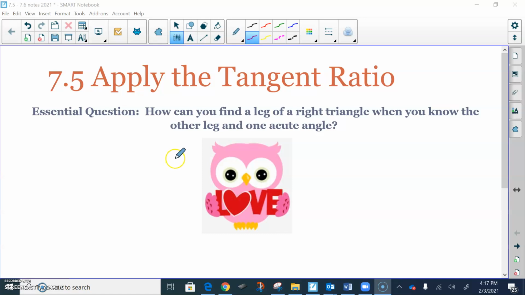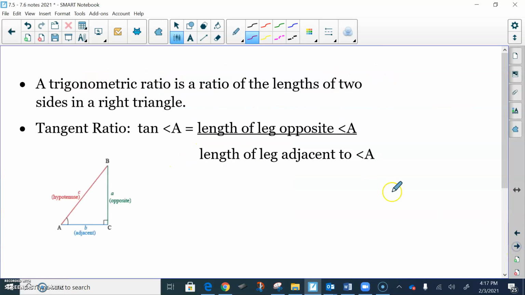This is lesson 7.5, the tangent ratio. So the first thing we're going to talk about is the sides of a right triangle. We know in a right triangle we have two legs and a hypotenuse. So just to distinguish between the two legs, when we go from a given angle, say in this case angle